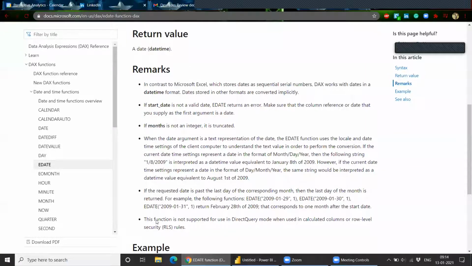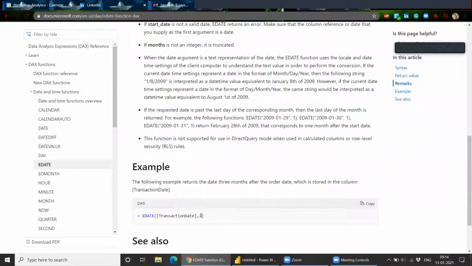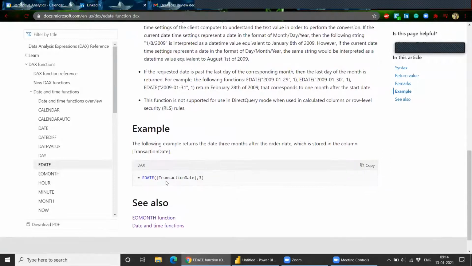Basically, whenever you give the start date and, let's say, 3 as the months, it will add exactly 3 months to that date and give you the value. To be clear, let's say your transaction date is 31st Jan, and you have added only 1 month to it. What will it give? It will give you 28th February as the eDate. Am I clear? Yes, sir. Yeah.